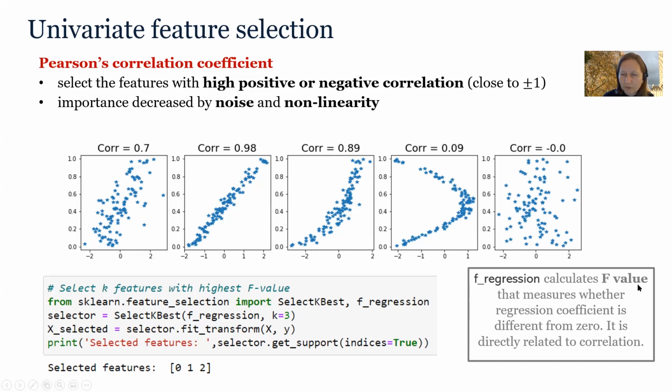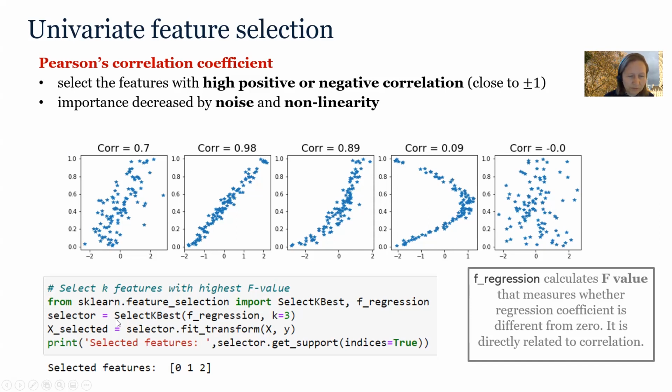Now, the F value is directly related to the correlation coefficient, but it's a value that we calculate when we perform a hypothesis test that the coefficient of linear regression is different from 0. So now that we have our scoring function that we know is related to correlation, we can build our feature selector,